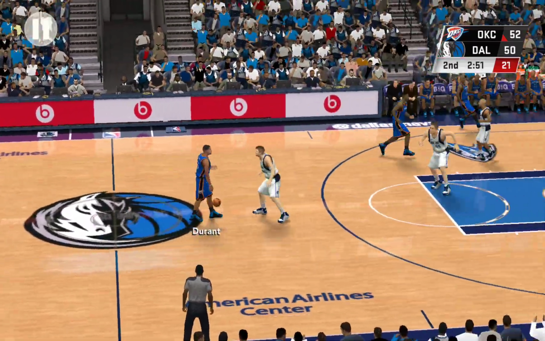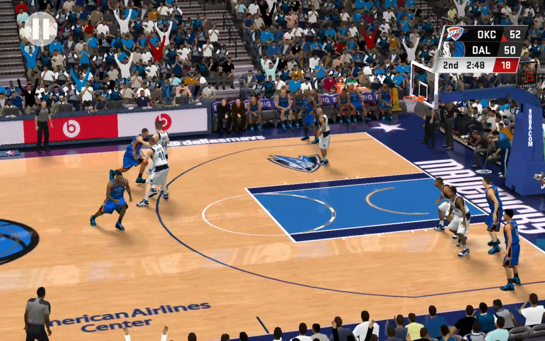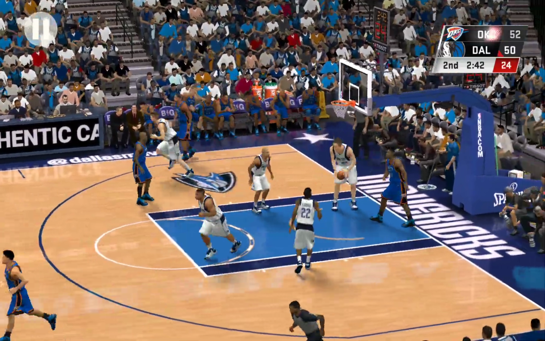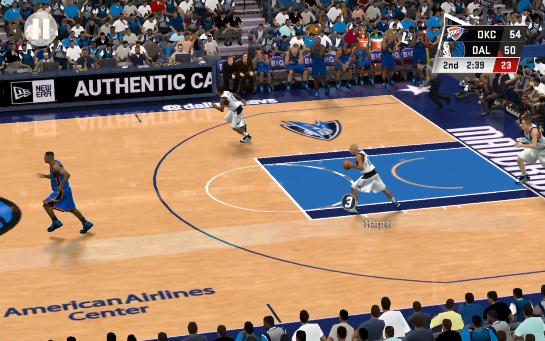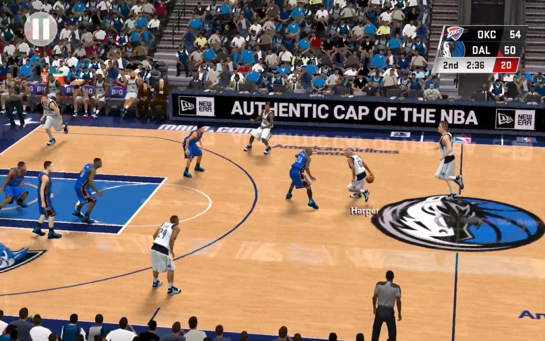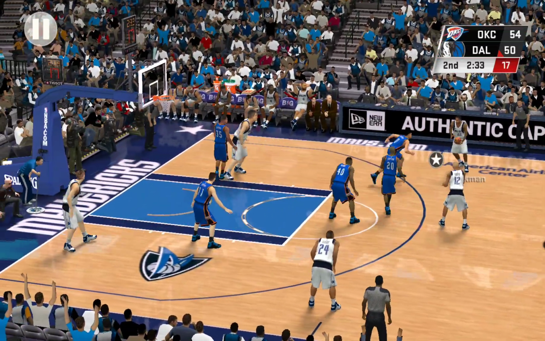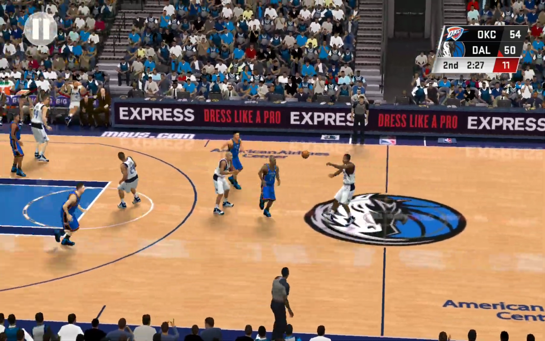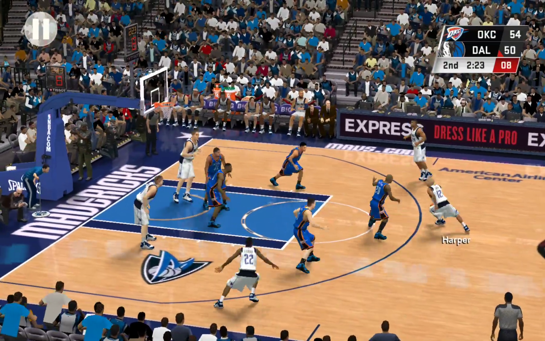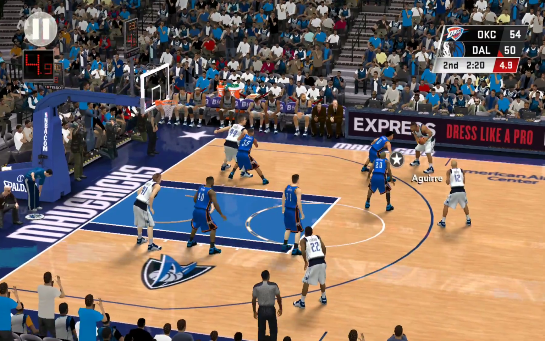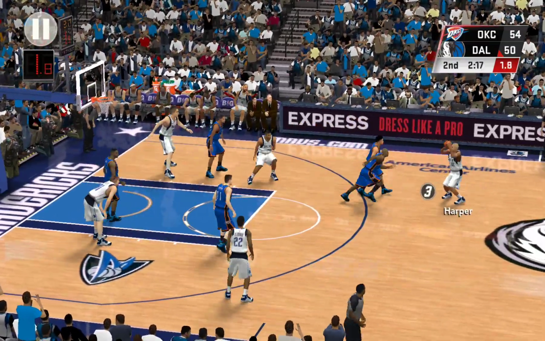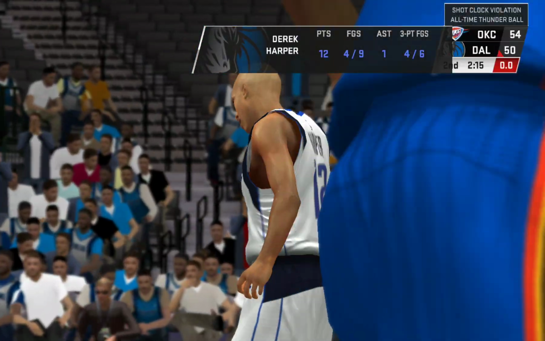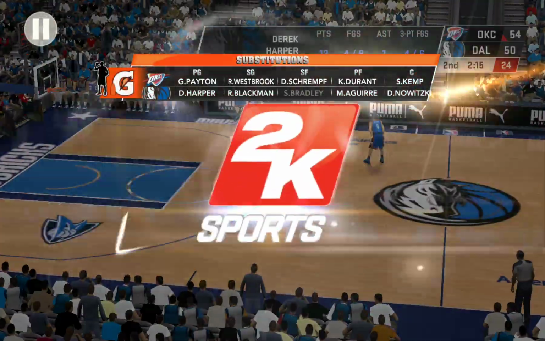Here's Oklahoma City. Durant with it. He's got 6. Out to Payton. Here's the lob to the hoop. The Mavericks trailing, some tough offensive sets. They want to turn it around. Yeah, they need a basket just to regain some momentum here, Kevin. Pass to Harper. Here's Aguirre. Just 5 to shoot. Here's Harper. And they'll turn it over. Could not get off the shot. 24-second violation. And the Mavericks making a change here.